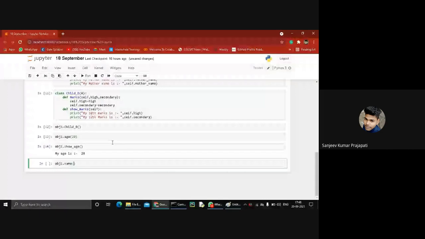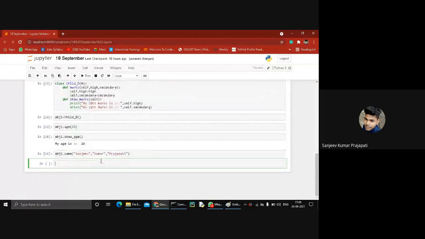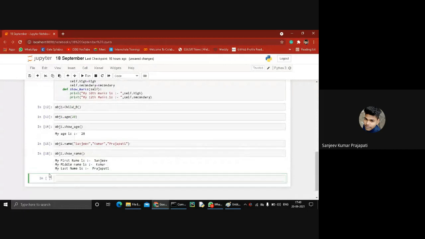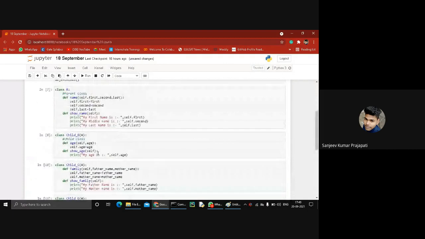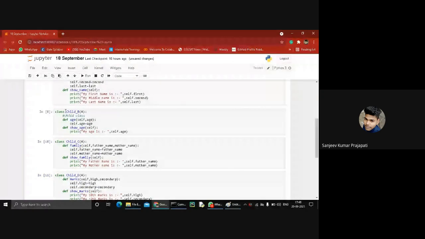My first name is Sanjeev, middle name is Kumar, and last name is it's fine, and I want to show my detail. obj1.show name. Okay. So you see, we have successfully printed my first name, my middle name, and my last name. So guys, it's clear how to inherit all the properties from class A, as well as using the child B.